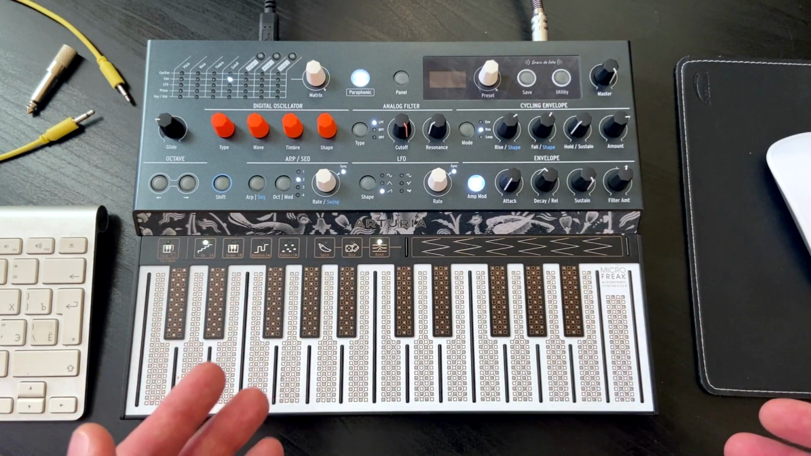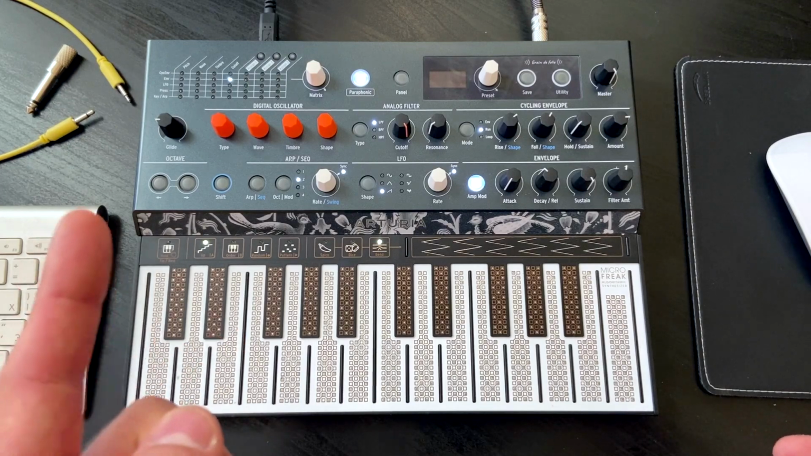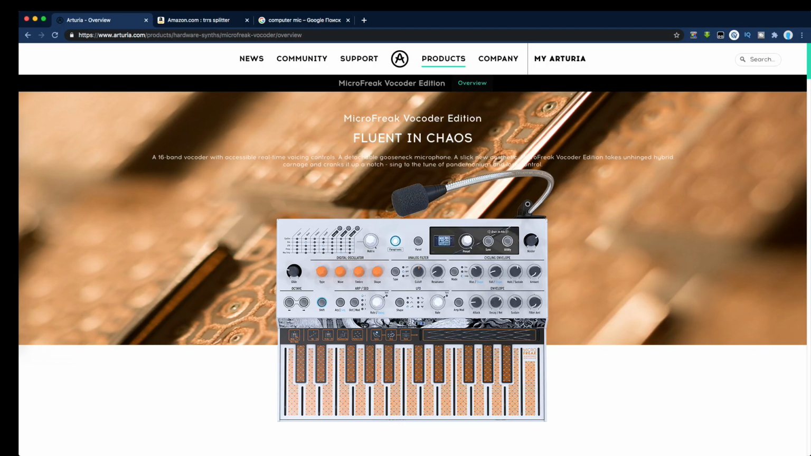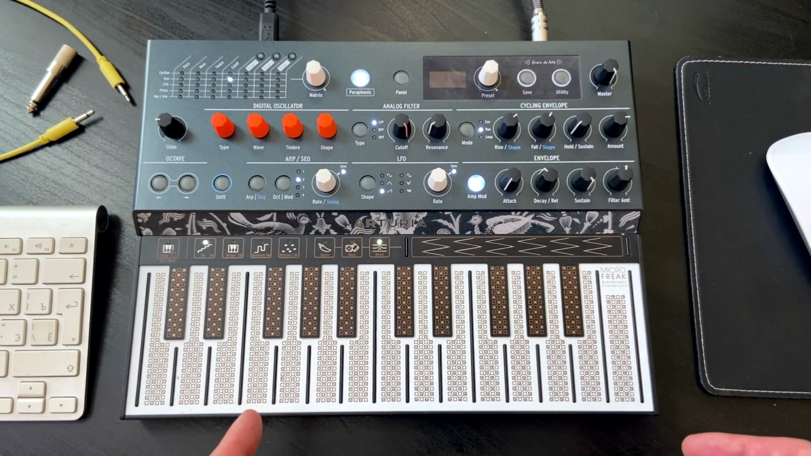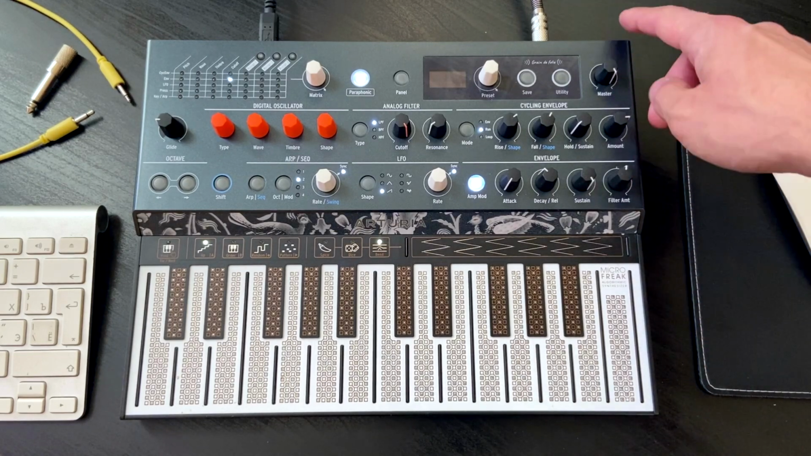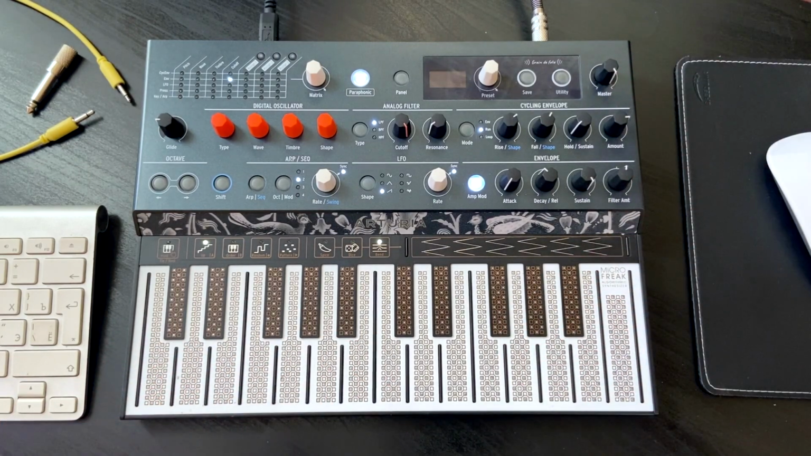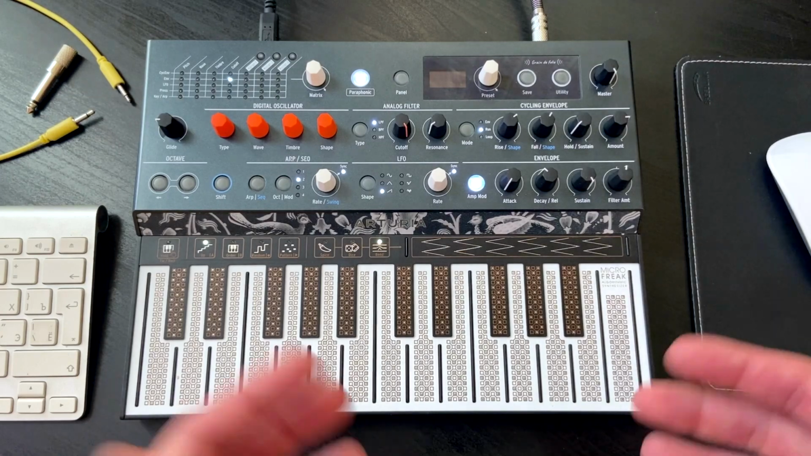The only major difference between the original Microfreak and the newer one is that White Edition, Vocoder Edition has a mic inside the box. However, the original Microfreak isn't supplied with a mic. So we should find some alternatives to use this Vocoder with some mic or line signal to get this Vocoder